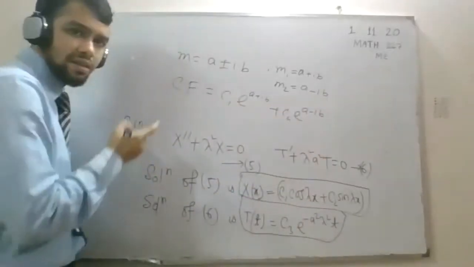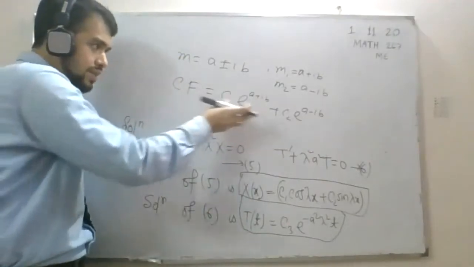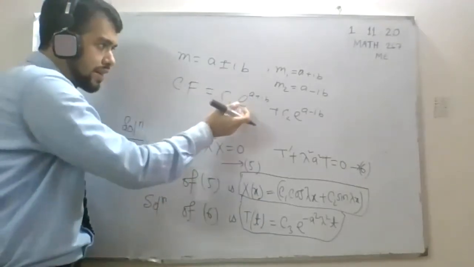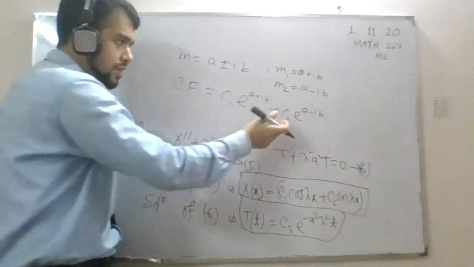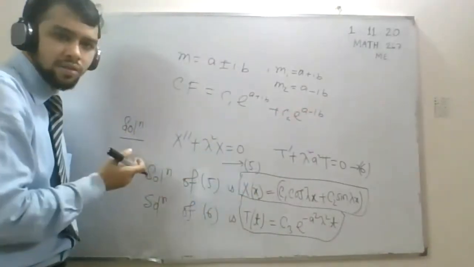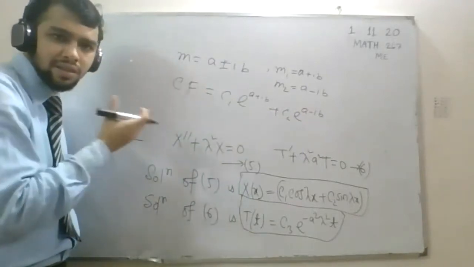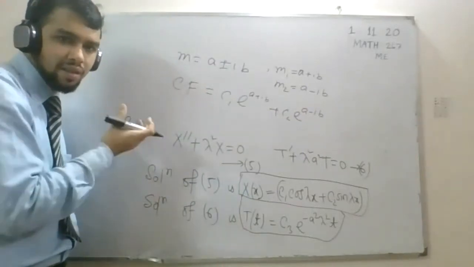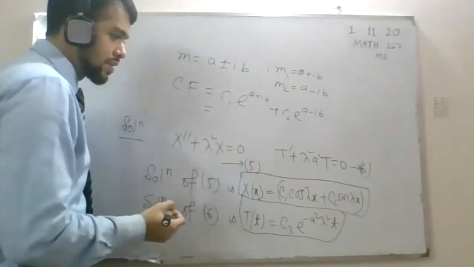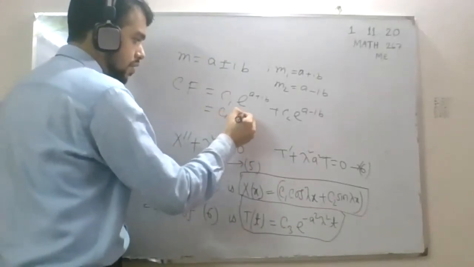This is our first case. যখন আমাদের রুট গুলো ডিফারেন্ট হচ্ছে, বাট এটাকে পরে সিম্পলিফাই করে that means e to the power a x into e to the power ibx and also e to the power ax into e to the power minus ibx. So here e to the power a টাকে কমন নেওয়ার পর e to the power ib means তোমরা যে ডিমোভার্স করেছো সেটা অ্যাপ্লাই করে at last you can get your complementary function